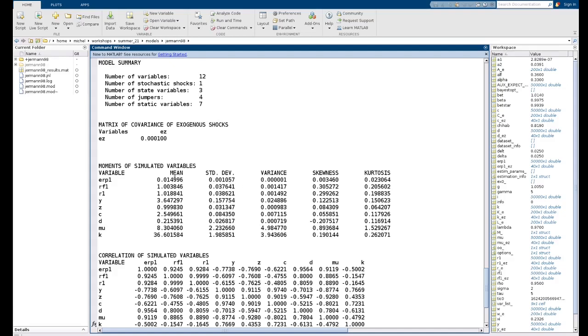And you see that the mean is not much modified by the third order approximation. And you see now the expected risk premium is moving, so it has a standard deviation and a little bit of kurtosis.